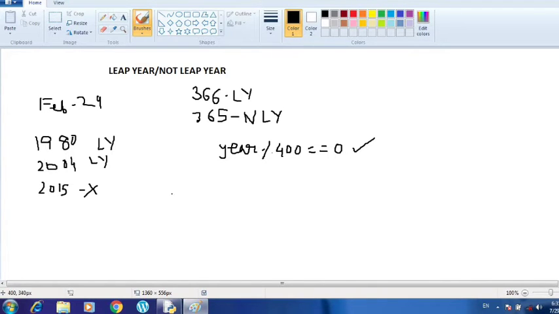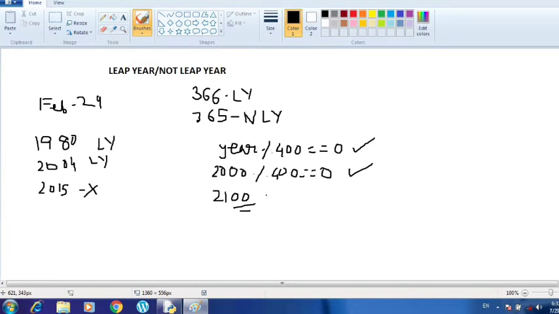Now let us check with the century year first of all. So I am taking here 2000. Will 2000 be divisible by 400? Yes, it is divisible by 400. So 2000 is a leap year. And let's say 2100.